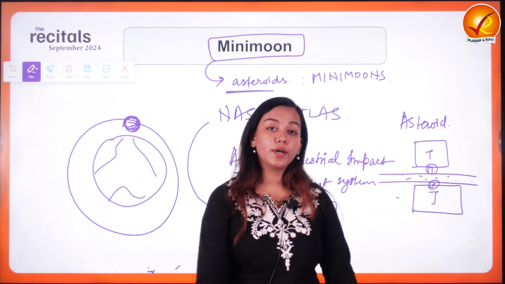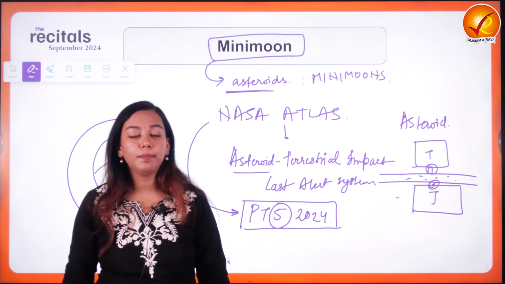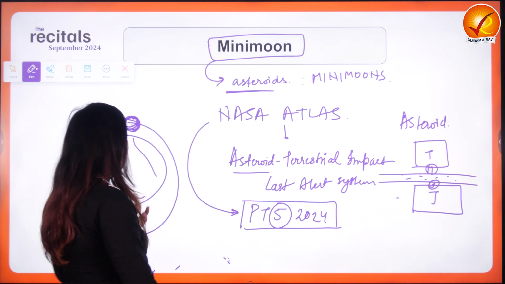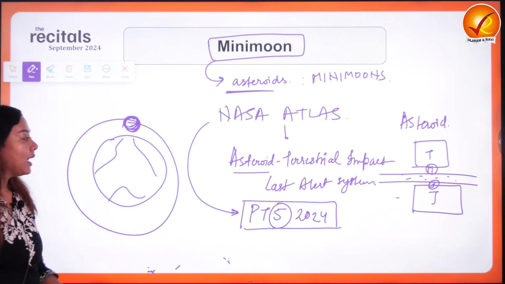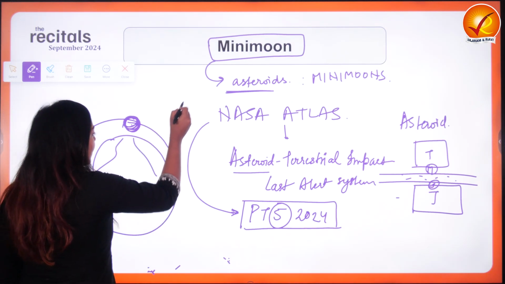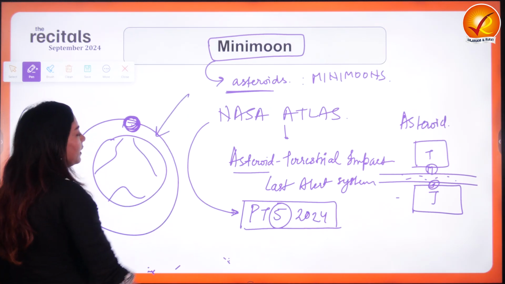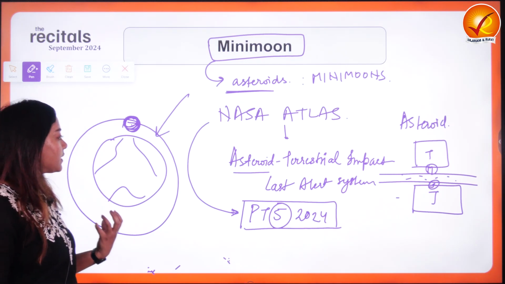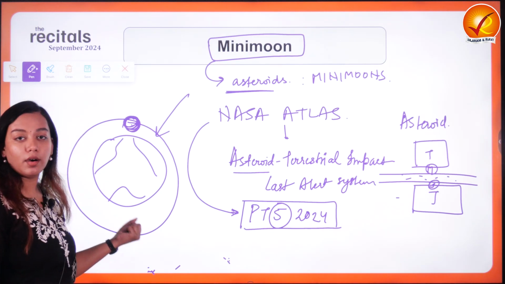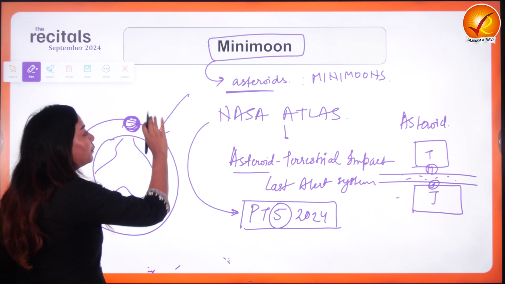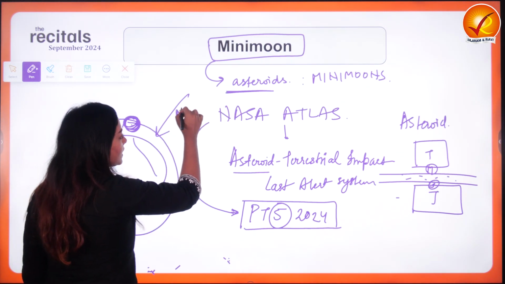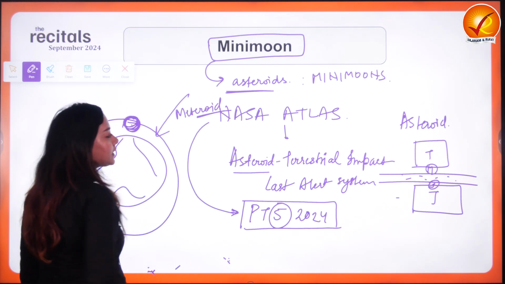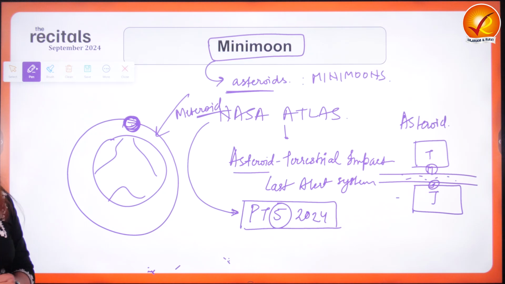Then what is an asteroid? What's a meteoroid and a meteor? Okay. So if an asteroid gets further broken away because of the gravitational pull, and it gets attracted at a very high speed towards the Earth, so much so that it appears that it's about to hit the Earth, then that broken off asteroid is known as a meteoroid. Meteoroid. These distinctions are important because they get asked in the prelims examination.